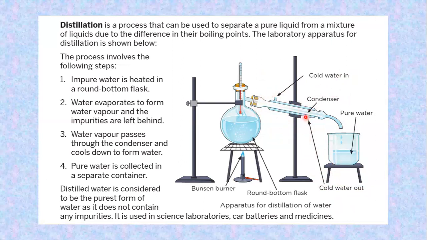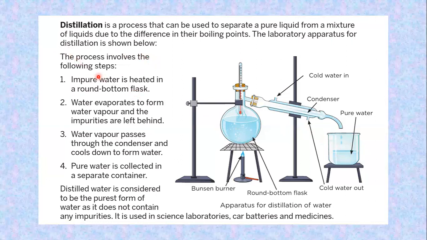So the cold water goes in and the cold water goes out. Because of this cooling, the water is constantly going in and going out, so it's constantly cooling this tube. The vapors inside this start condensing. They condense back into water. And since this tube is kept at a tilt, see, it's slanting downwards, the water droplets which collect inside drip and finally fall out from here, and we put another beaker or a flask or anything underneath here to collect those droplets of water. So what I get here is pure water, and what is left behind here is the impurities or the dirt which were dissolved in the water.